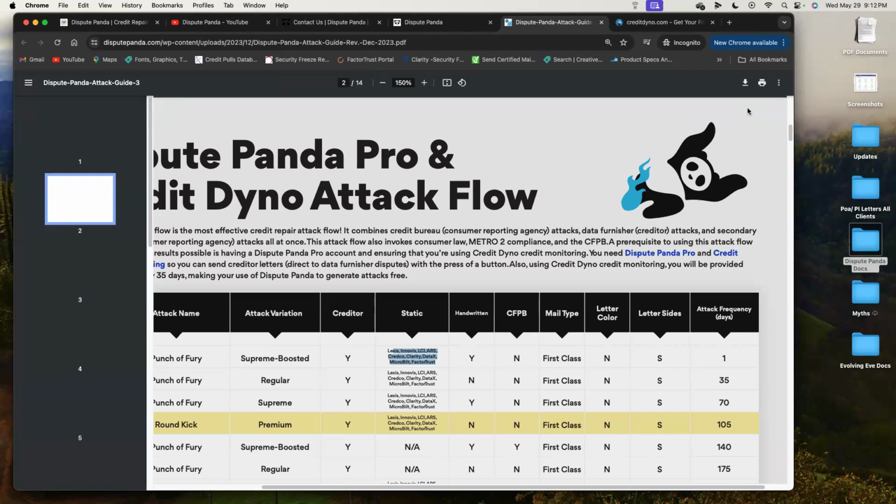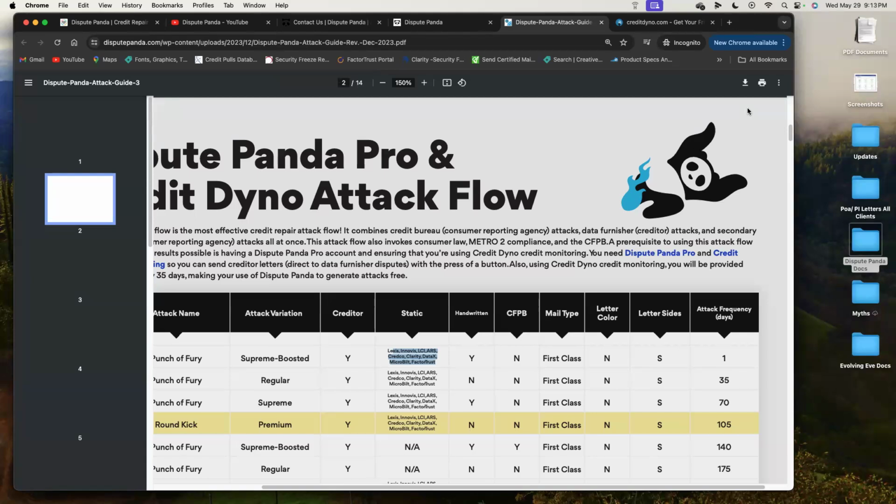It's stating that you should not file a CFPB complaint until you have done enough rounds of disputing. If this is the first round and you're filing a CFPB complaint, you don't have substantial information for them to agree and approve whatever is happening. So more than likely that CFPB complaint will be denied because there wasn't a dispute that happened first. The system is telling you the order of doing it so that you have more movement and massive movement forward than just activities being done, if that makes sense.